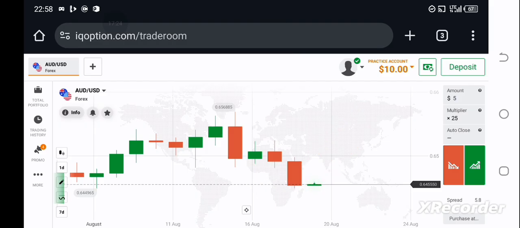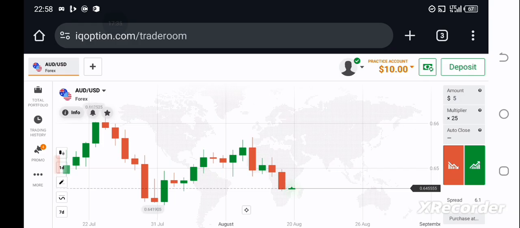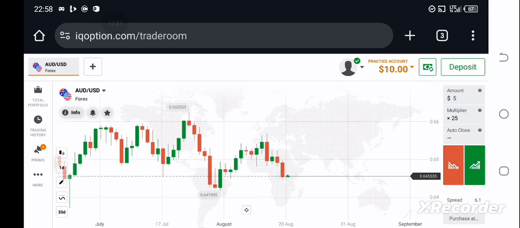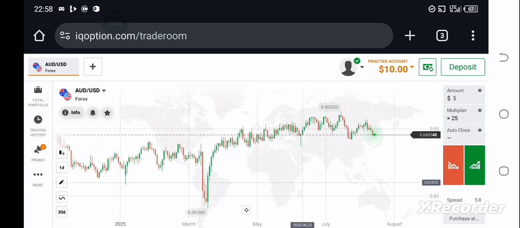Now let's say you are in this particular chart where you have seen this particular candlestick. Looking at this situation, it is a clear reversal pattern. Right now the market wants to change its direction. How do I know? Look at